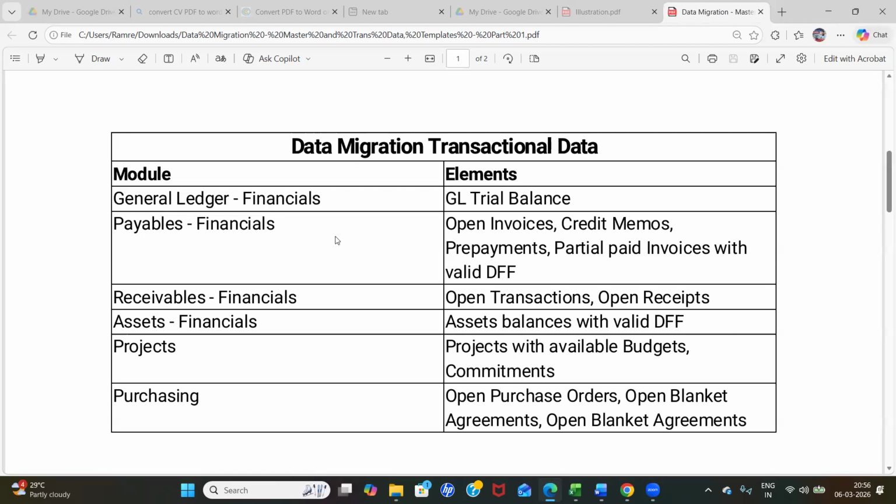Okay. So let's say the panel is asking what kind of invoices you have uploaded as part of your data migration in AP. You can say all open invoices, credit memos, prepayments, and partially paid invoices. Okay. Next, the receivable module. Under the receivable module, we have open transactions only. Open transactions means